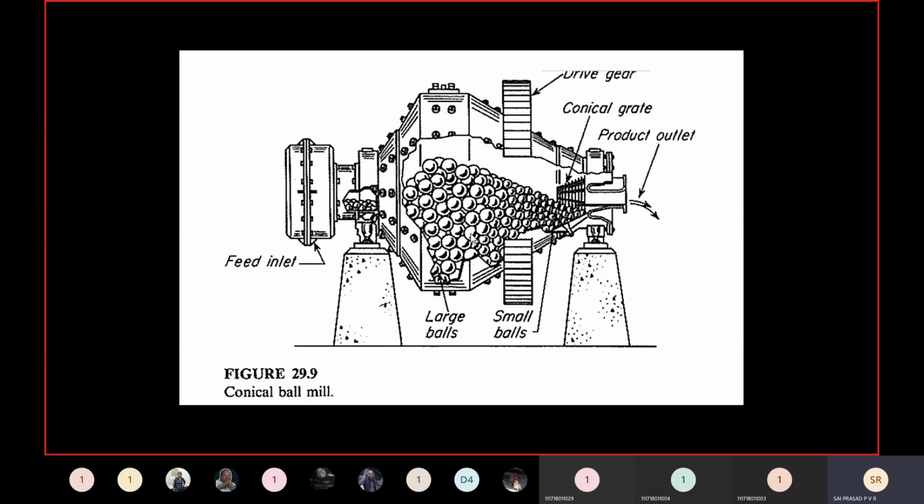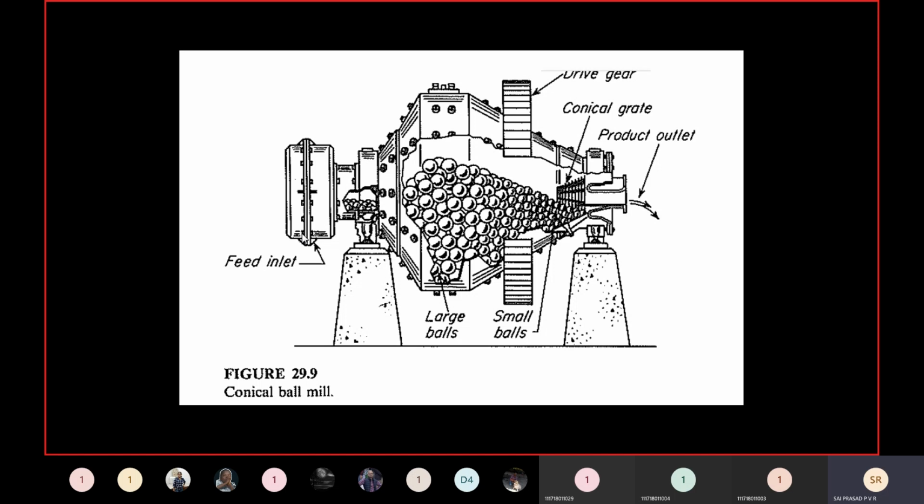The majority of ball mills operate on a continuous basis, and with the help of a conical grate, the feed will be displaced and taken out. In case of a batch process, we open the manhole, charge the particles, and the crushing takes place. Afterwards we open the manhole and tilt the ball mill, as we tilt the ball mill in our laboratory. All the solids, grinding medium, and crushed particles fall down. We hand pick the solid grinding medium and put it back for further use, whereas the crushed material we subject to sieving.